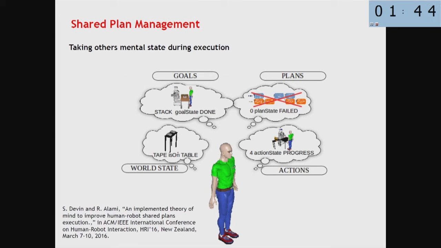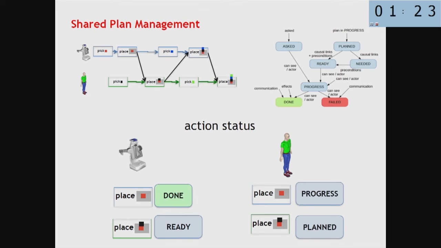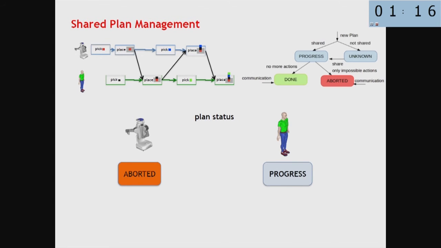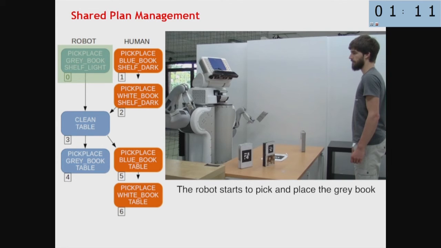So we need also to model, to do so, what are the status of the goal, the plan, and the world state and the action from the human point of view also, to be able to take this into account in the achievement of the plan. So we can have an action status, for example, from the point of view of the robot, but also from the point of view of the human, and the same for the plan status that helps us to do a task